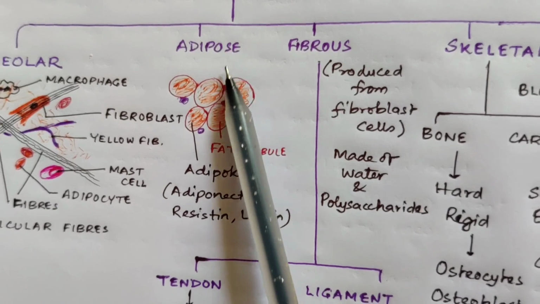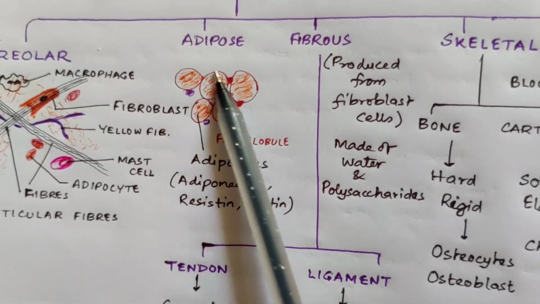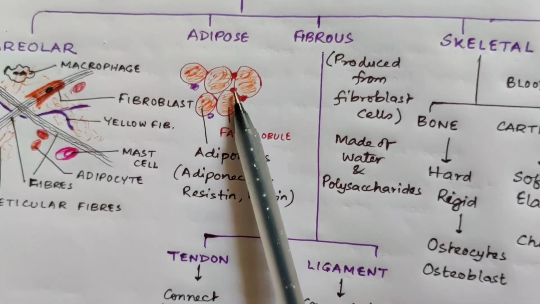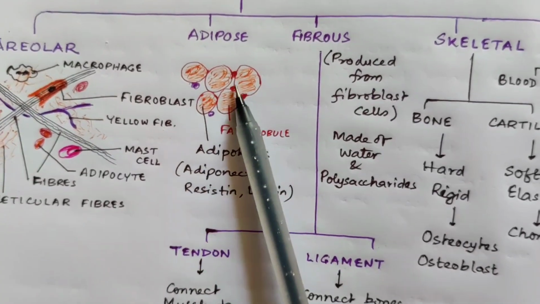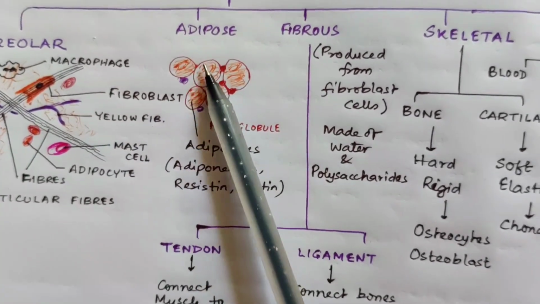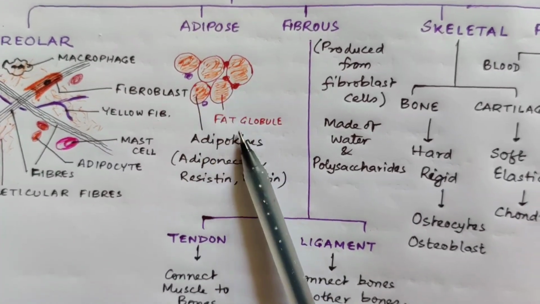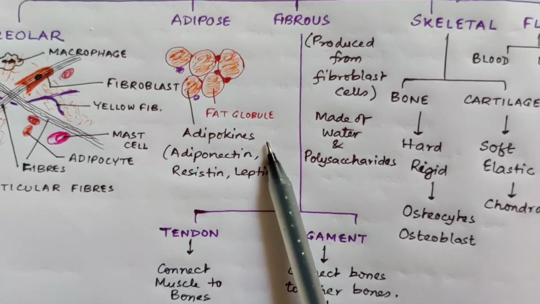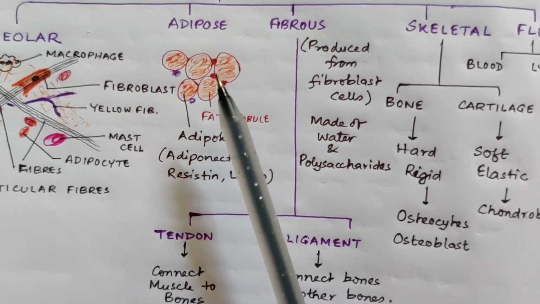Adipose tissue. Adipose tissue is mainly filled with fat globules. Our body fat mainly consists of adipose tissue. They are present in the subcutaneous region of the skin, under the dermis of the skin. The skin has two layers, the epidermis and the dermis. It is below the dermis layer of the skin. These are adipokines, which are of the following types. You don't need to know about all this.